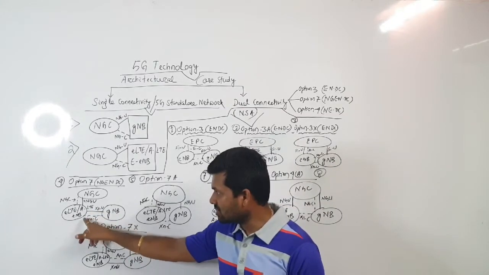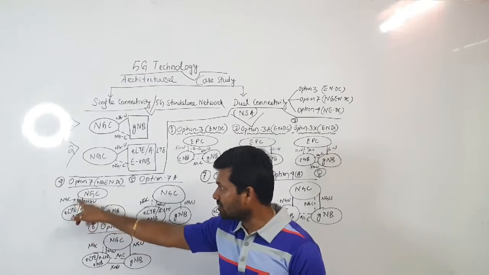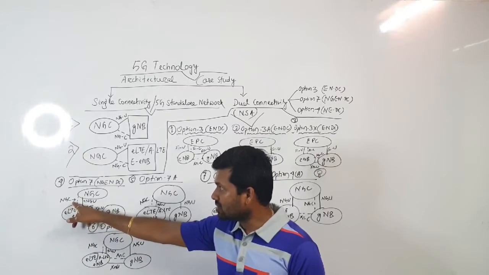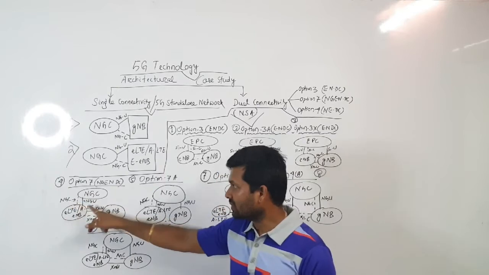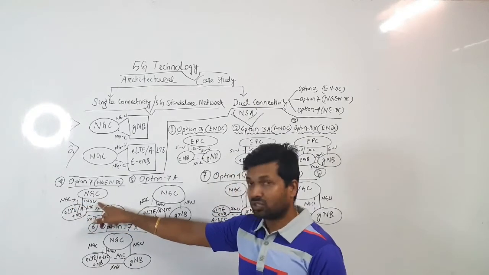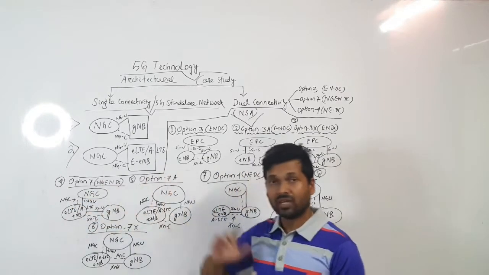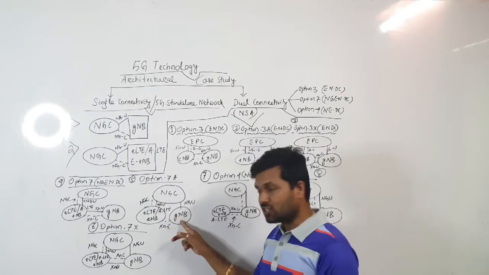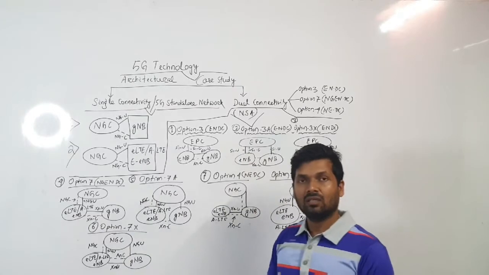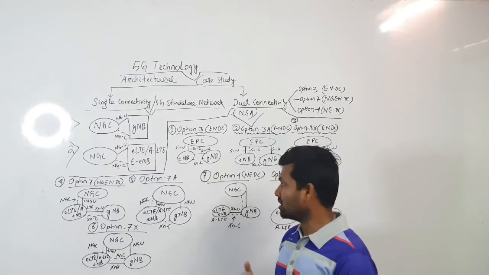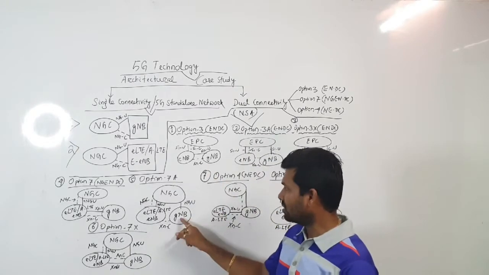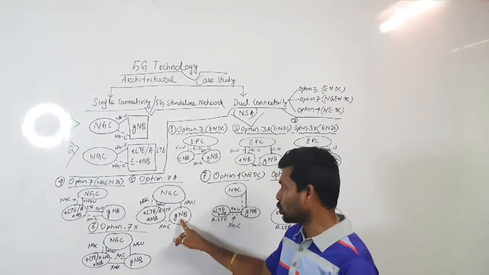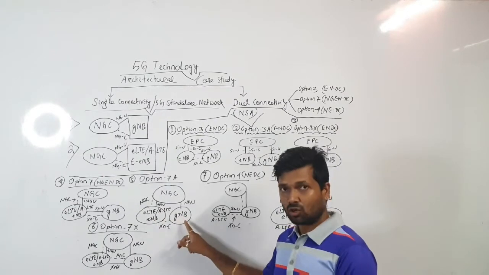You can see X and C control plane, and this one is the new generation control plane, NGC. Then the new generation user plane is also controlled via the advanced LT node. In the second case, the G node B can have direct user plane traffic transmission and receive. We can send and receive directly to the new generation core.